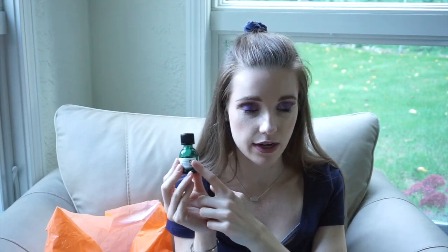So this is from the Body Shop, the tea tree oil. So this is the spot treatment. I cannot tell you how many times I have gone through these. These are not cheap, but I've gone through a lot of them. They really do clear up your acne, I think, like I was mentioning before. If you do have combo oily, acne-prone skin, I would really suggest using this line, the tea tree oil line from the Body Shop. It really did clear my skin for a while,